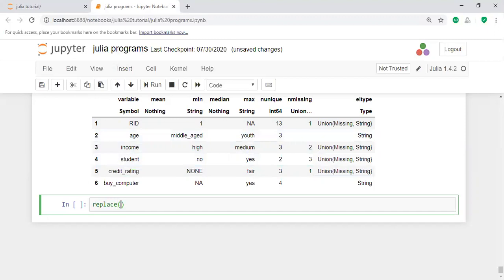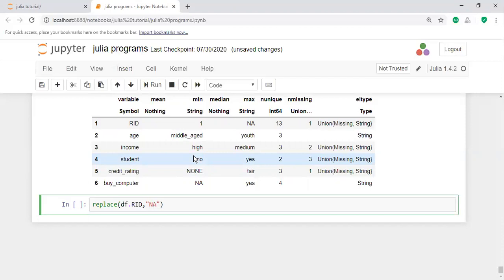By using replace on the data frame, dot, then the column name. Here the column name is RID. RID, comma, then the unwanted values: NA.